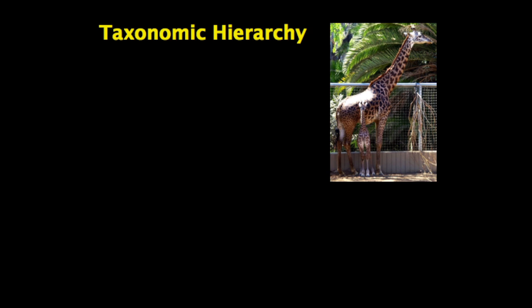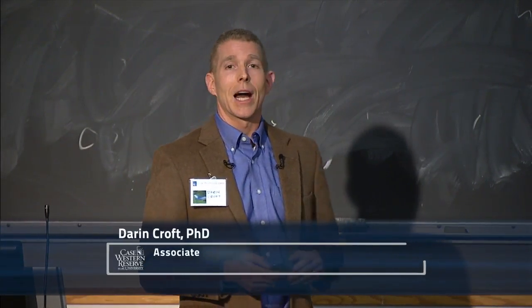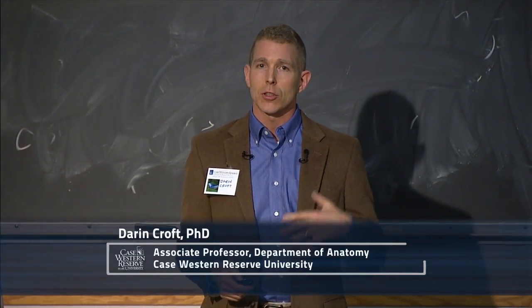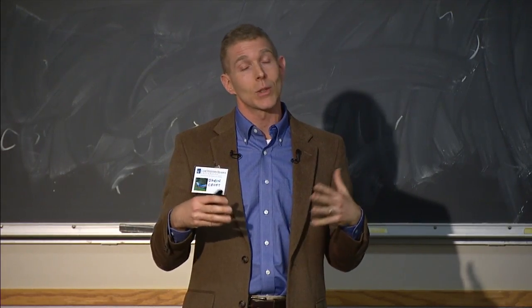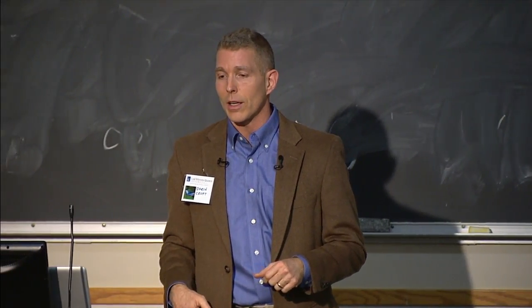I know Dr. Jones talked to you last week, I think it was last week already, a little bit about the Linnaean system of binomial nomenclature and the principle of priority, et cetera, and I'm not going to talk a whole lot about that. But I do want to review the taxonomic hierarchy, which you may have learned back in high school or back in college, because I'm going to talk about a few different things in addition to species in this talk.